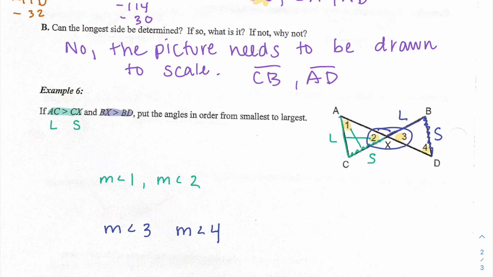Now it's really hard to compare one triangle to the next. This one's a great thing here. Look at angle 2 and angle 3. What types of angles are those? Those are vertical angles, which means they're equal to each other. So I know that these are the exact same. So I can put them in order of angle 1,